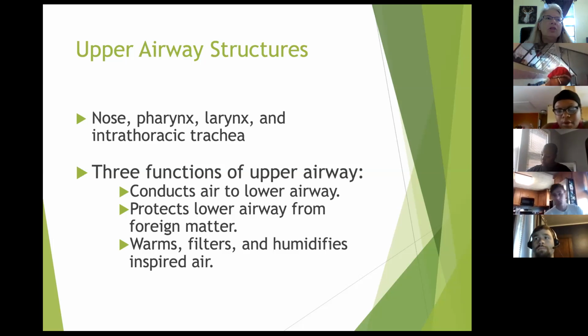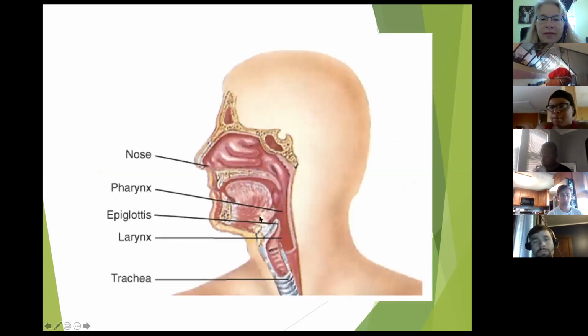Now, warming and humidifying isn't such a big deal now when it's 90 some degrees outside. But think about January when it's 20 below. We don't want that 20 below air to go down into our lungs. So as we breathe in that outdoor air, that upper airway warms and filters it and adds humidity so that it is acceptable to our lungs when it gets down to our lungs. And this would be what your upper airway looks like, down to about the upper